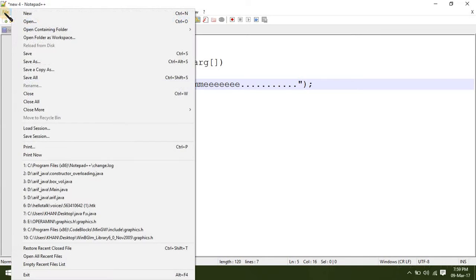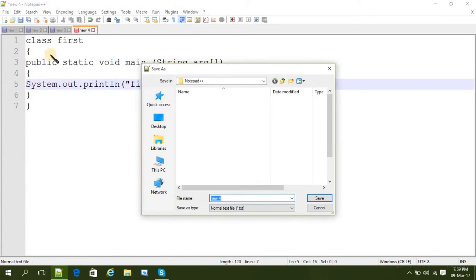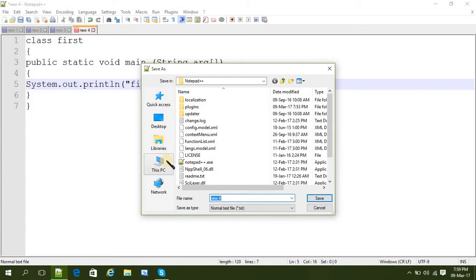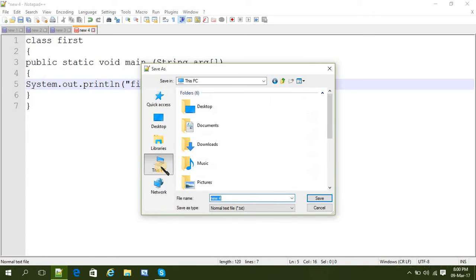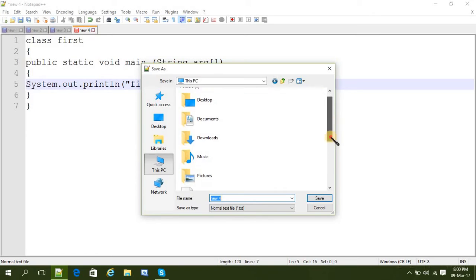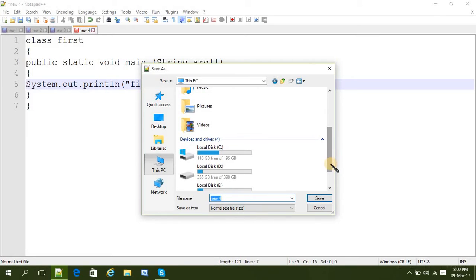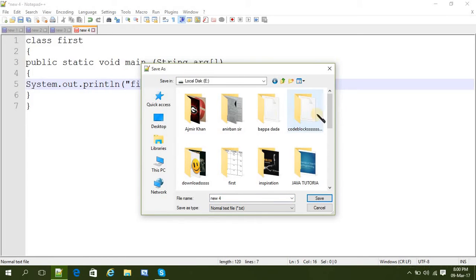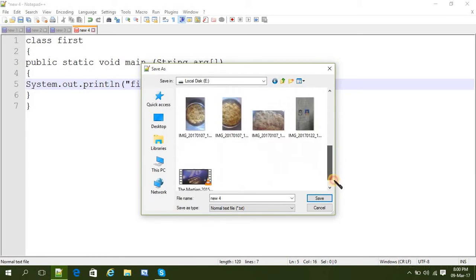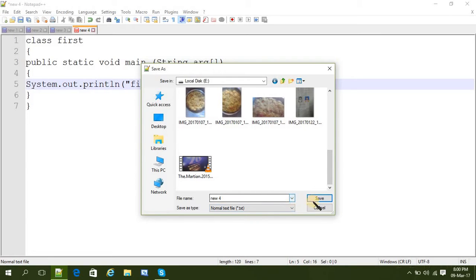So save it. I would suggest saving anywhere you can remember, because in the next videos we are going to save in exactly the same location every time. And remember this, you have to give the file name exactly like the class name, as I gave here.